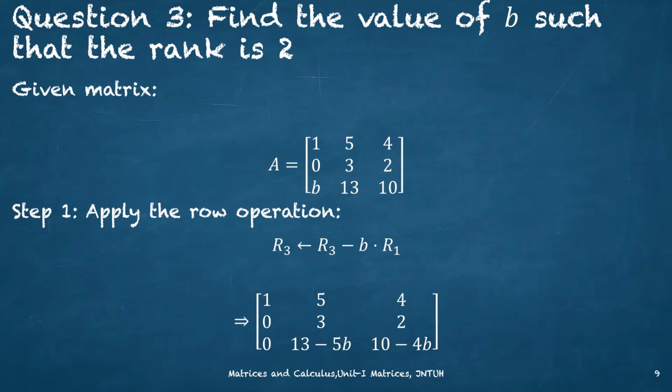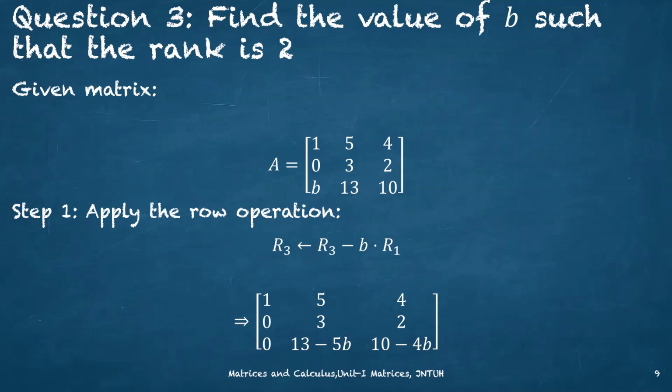Question 3. Find the value of B such that the rank is 2. In this question, we are given a matrix A and asked to find the value of B so that the rank of the matrix becomes 2. The matrix A has 3 rows. The first row is 1 5 4, the second row is 0 3 2, and the third row is B 13 10. Our goal is to simplify this matrix and then check for the value of B that makes only